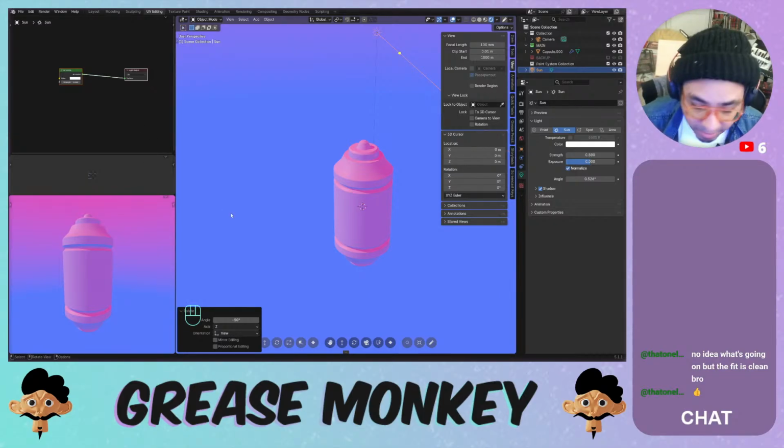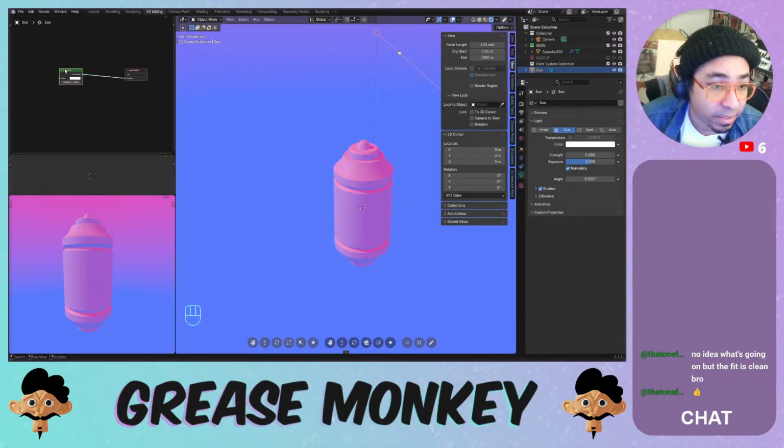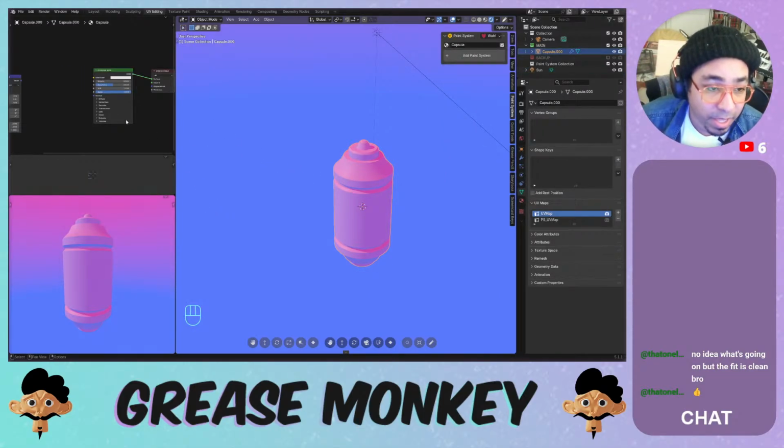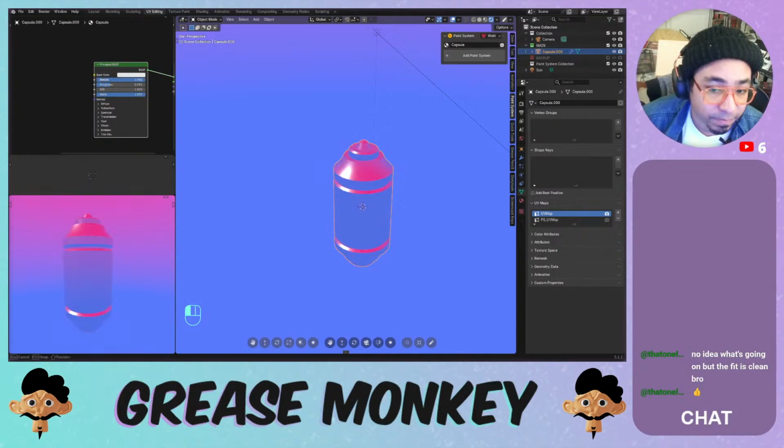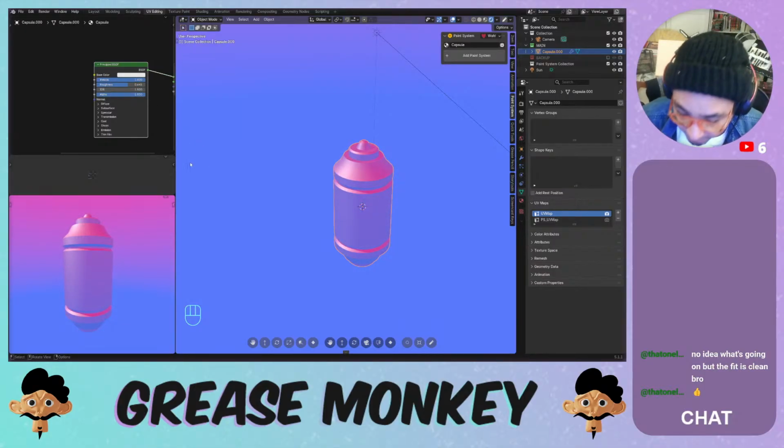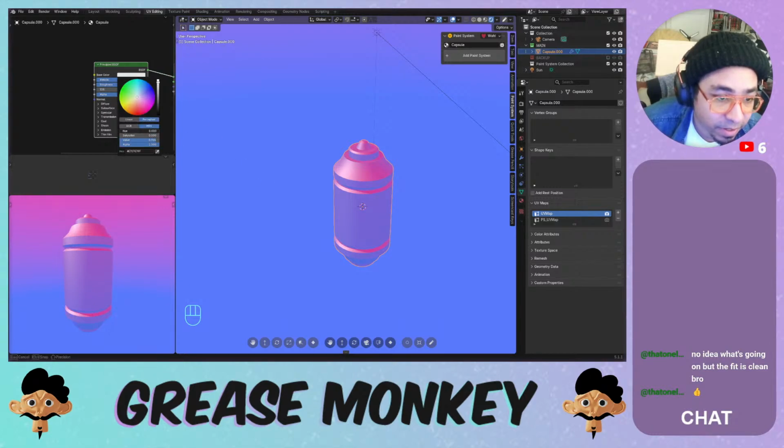All right, metallic. There we go. Make it a little metallic. Right now it's reflecting the colors from around it, right? So if we change it to a different color,